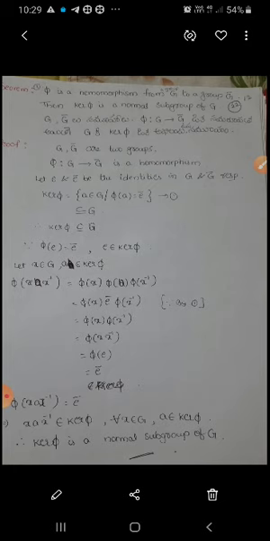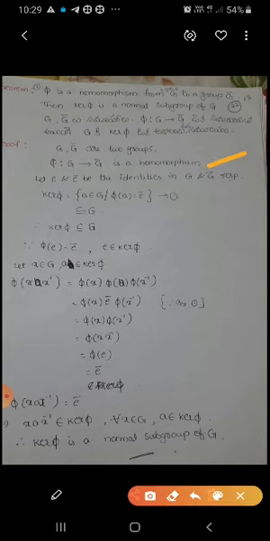So, proof. What is given? Write down. G, Ḡ are two groups. φ maps G to Ḡ is a homomorphism. Let E and Ē be the identities in G and Ḡ respectively. Ker φ equals the set of A belonging to G such that φ of A equals Ē. Equation number 1, that is a subset of G. Therefore ker φ is a subset of G. Since φ of E equals Ē, E belongs to ker φ.